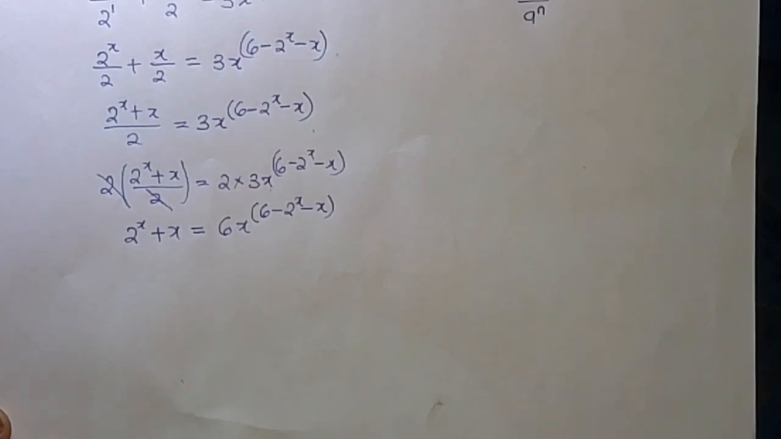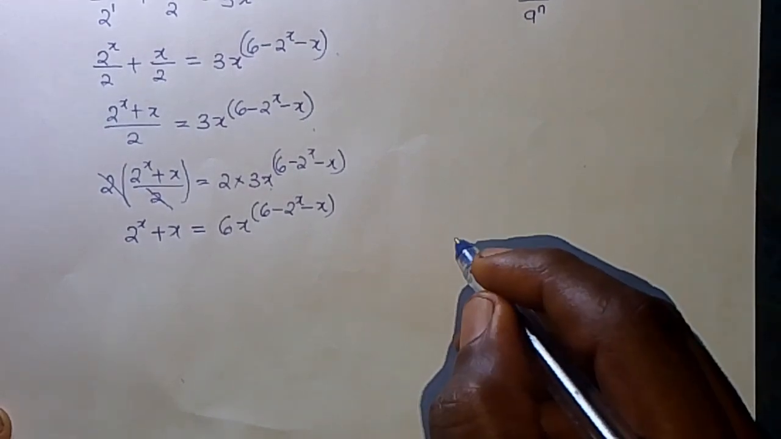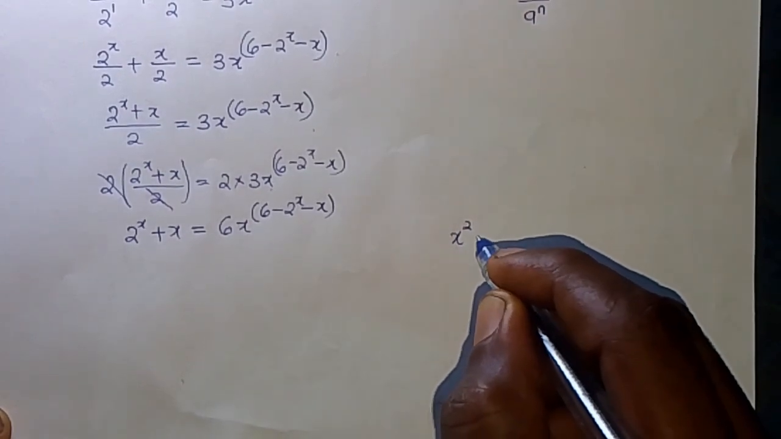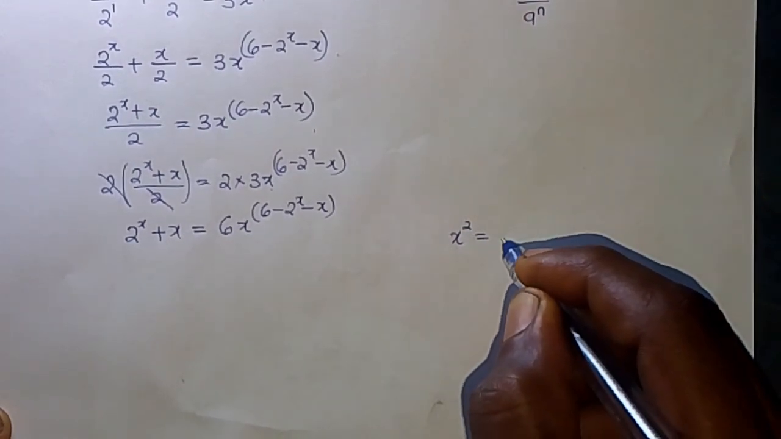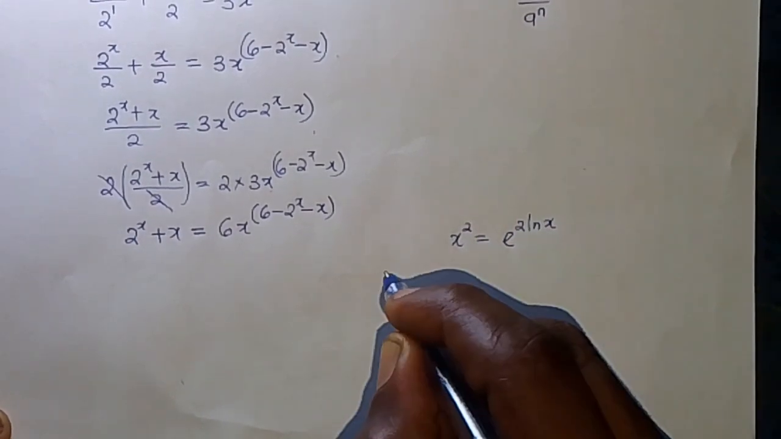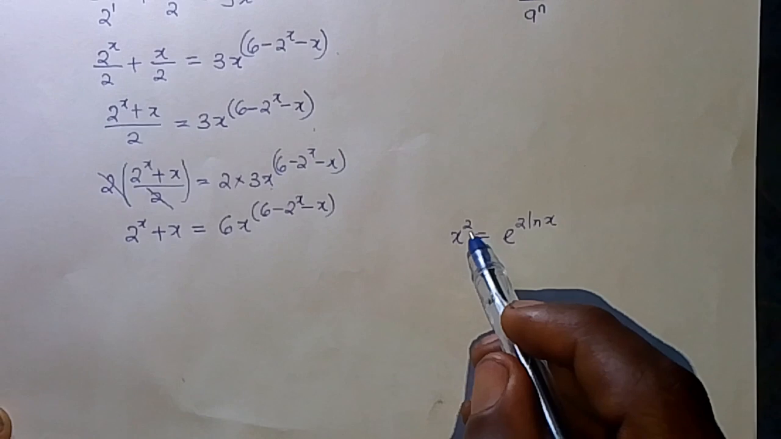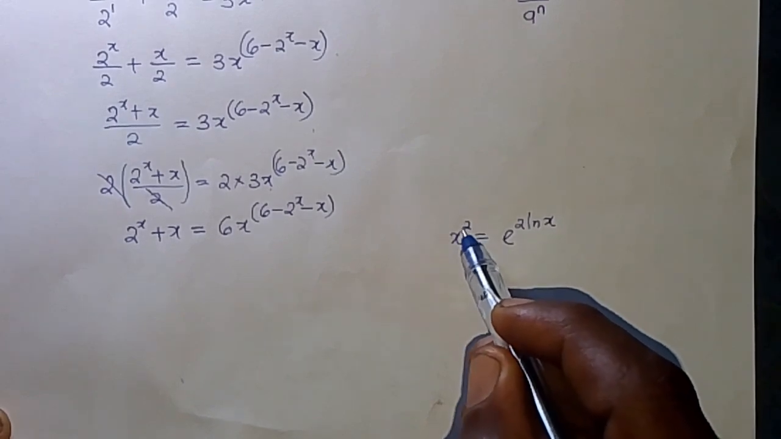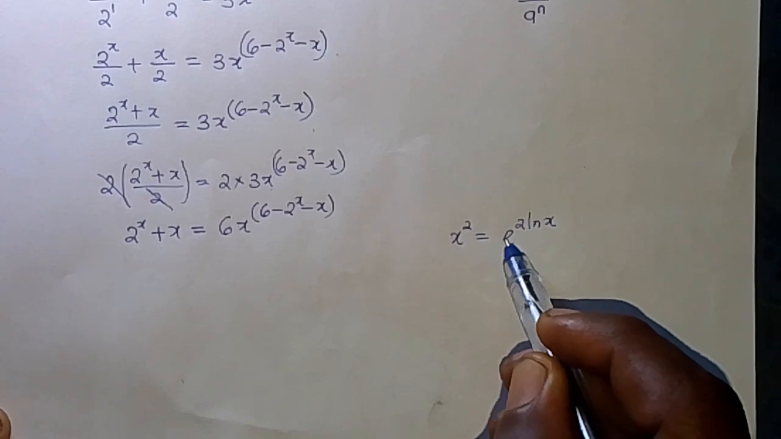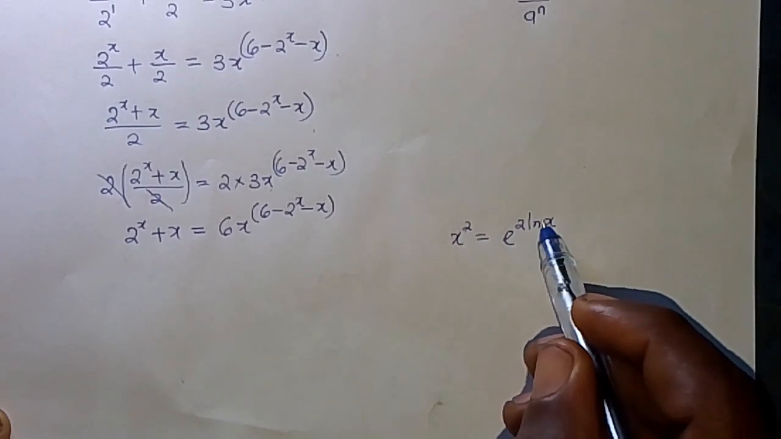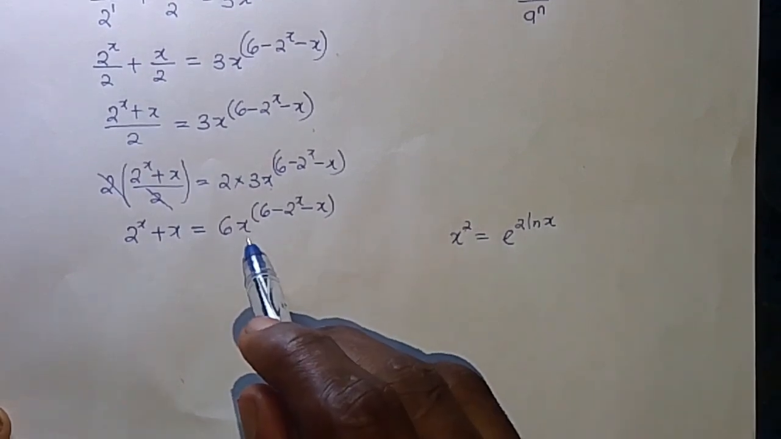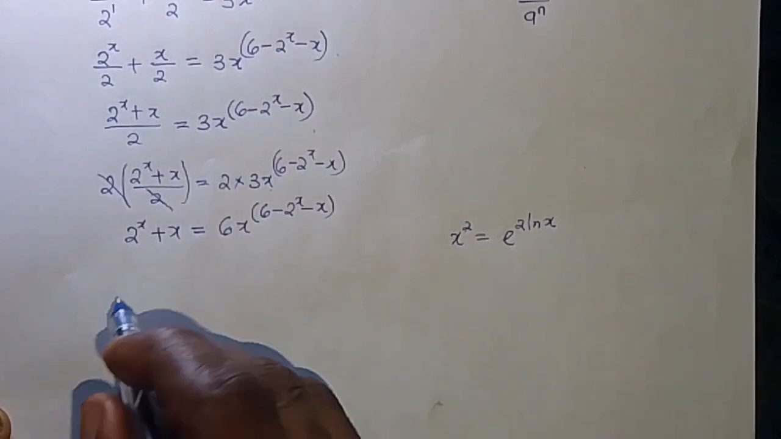So we have to recall the law that if we have x squared, this x squared can also be written as e to the power of 2 ln x. We can see the exponent of x here is 2, and the base is x, and this is expressed as e to the power of the exponent multiplied by the ln of the base. So if we apply this law at the right hand side of this equation, we are going to have